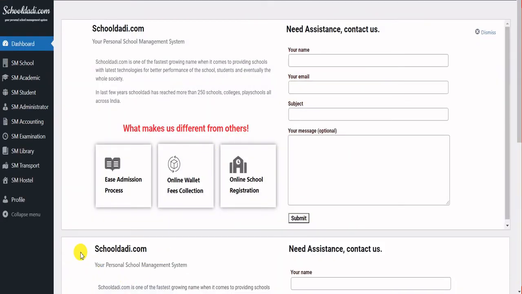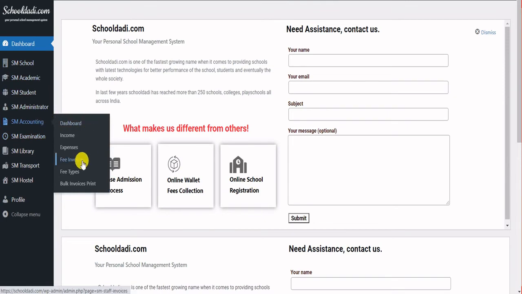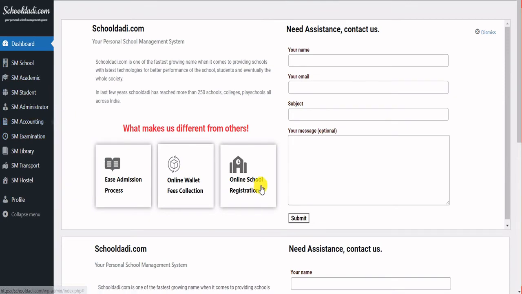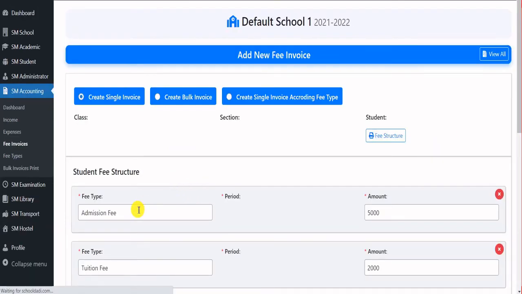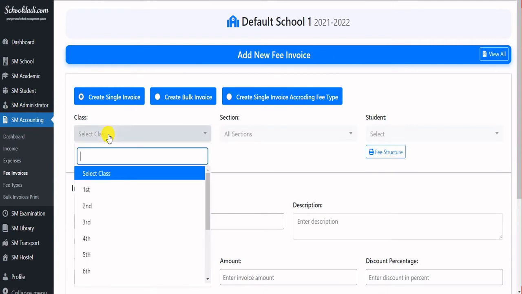Now we will learn how to make invoice for multiple students simultaneously. So we are in our dashboard. We'll go to accounting. We'll go to fees invoice. Okay. We'll click add new fees. Suppose I am selecting class 1,